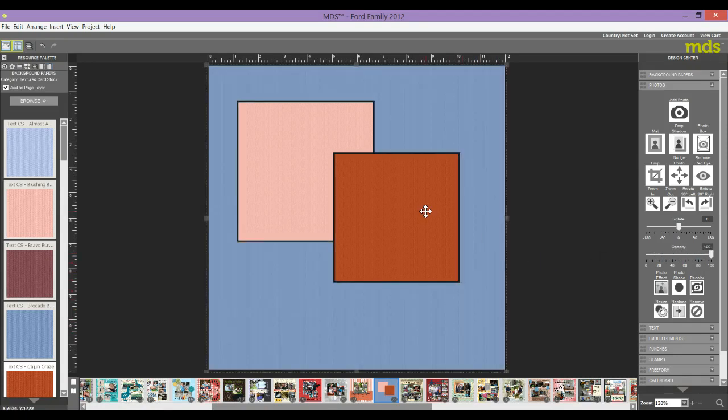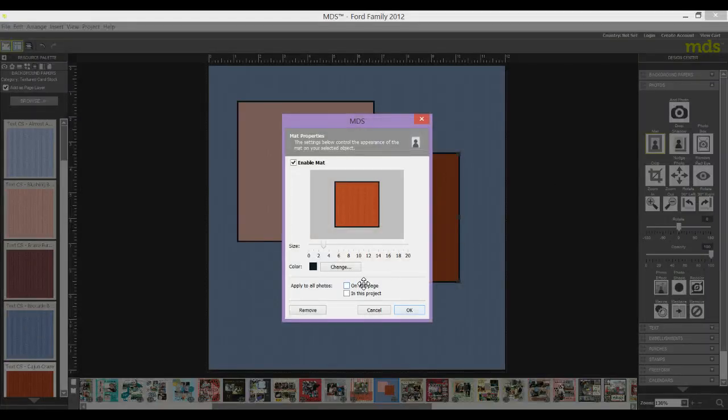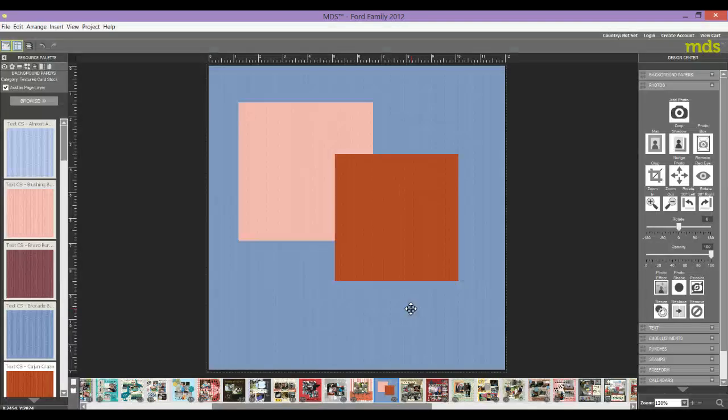So for that reason, when you're doing a mat, just make sure before you click to apply to all the photos, make sure you know whether or not that's going to work for you, because if you have some photos on the page where you've reduced the opacity, then that's going to create a problem for you. So I'm going to just bring all this down. If you bring it down to 0 and then apply to all, then that's taking the mat away essentially. So on this piece right here,